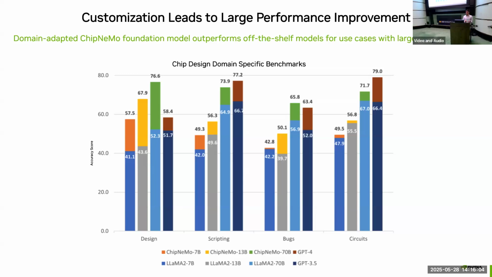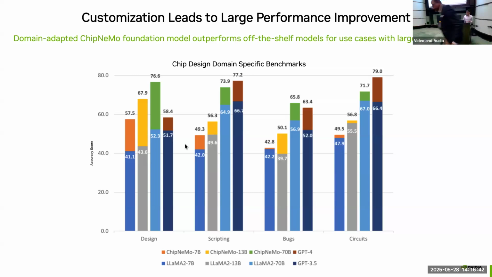domain adapted model. And so just looking at this left-hand side again, we can see that with this very first bar here, which is our LLaMA 2 7B model on the base with the topper representing ChipNeMo 7B, we're essentially outperforming GPT 3.5 on this domain-specific task of chip design. And so this holds true across all of these other models, the 13B and 70B, with an increase in accuracy coming every time from our domain adaptation step.